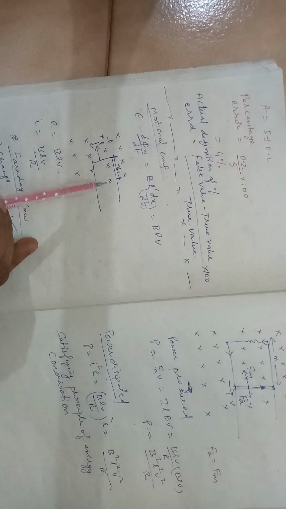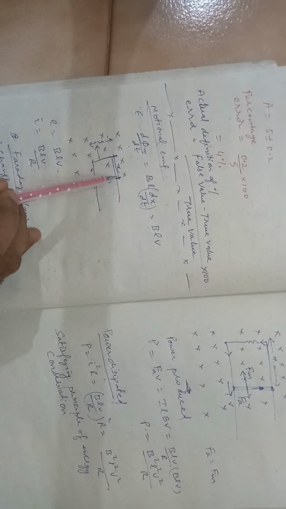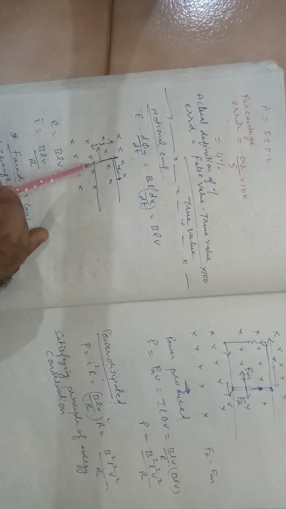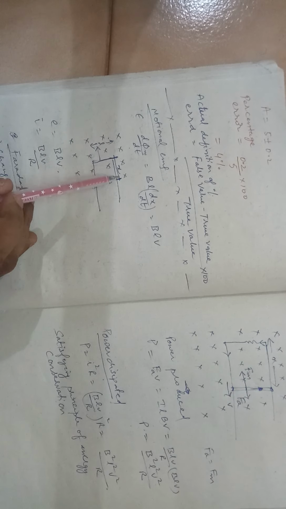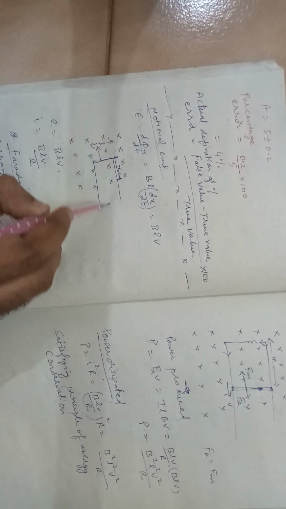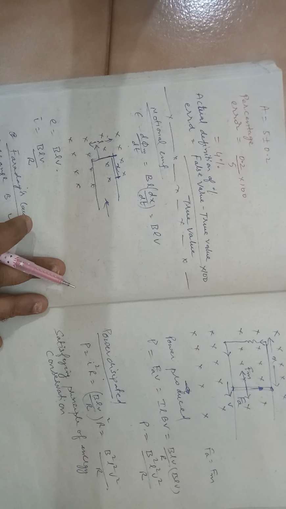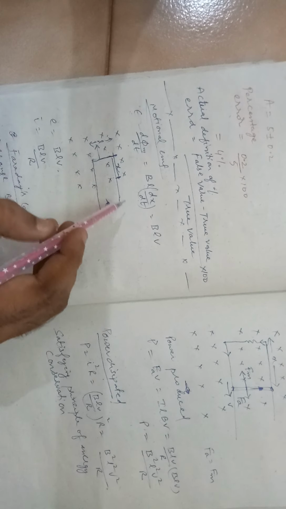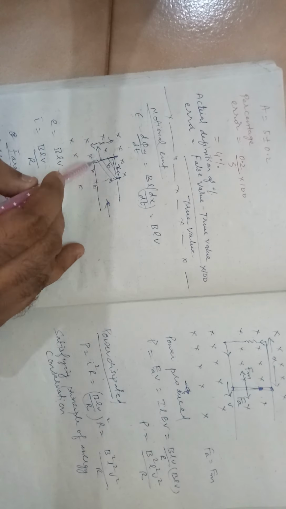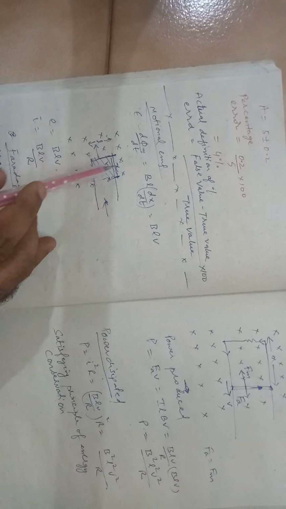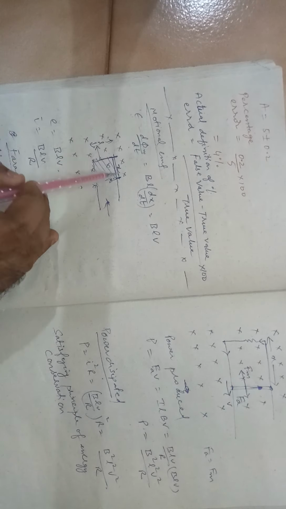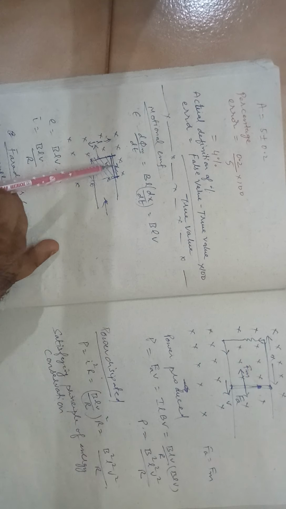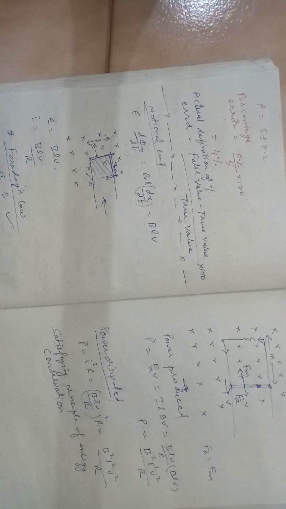So what is this? You have a frame which is moved inside a magnetic field. This dimension is length and this dimension is changing with respect to time because you are pushing it inside. So how do I get the area at a particular instant of time? I can say this is the area, so length into this would be the dimension. So dx by dt is nothing but the speed with which this frame is moved inside.